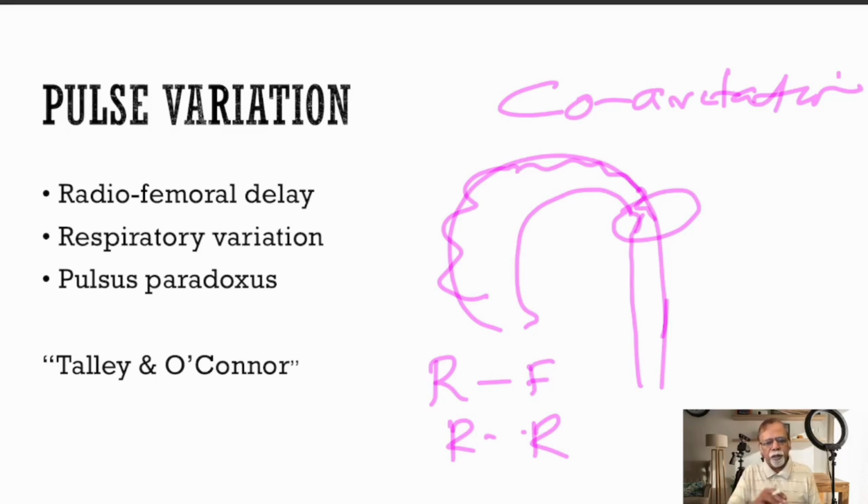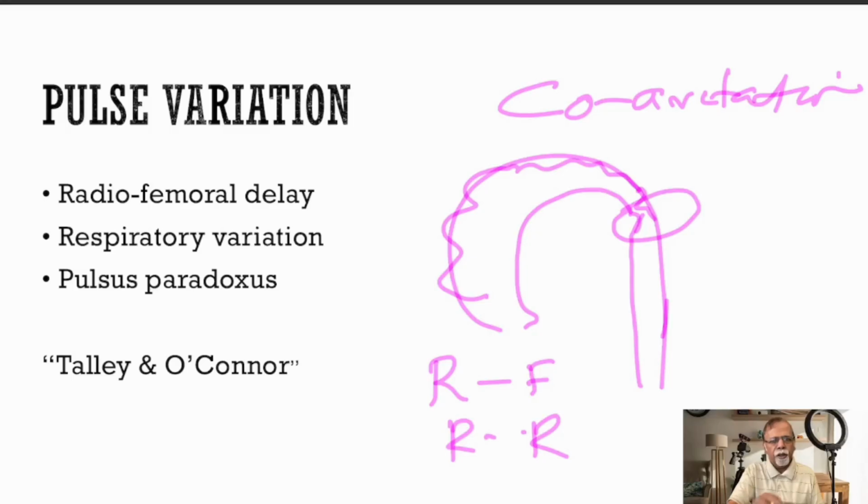Pulsus paradoxus, as we mentioned last time, is not paradoxical; it is an exaggeration of what is normal. That is, during inspiration the pulse volume comes down. If you measure using a sphygmomanometer and the fall is more than 10 millimeters, it is called pulsus paradoxus, and it is classically seen in pericardial tamponade. Sometimes it can be seen in severe COPD also. So we have discussed